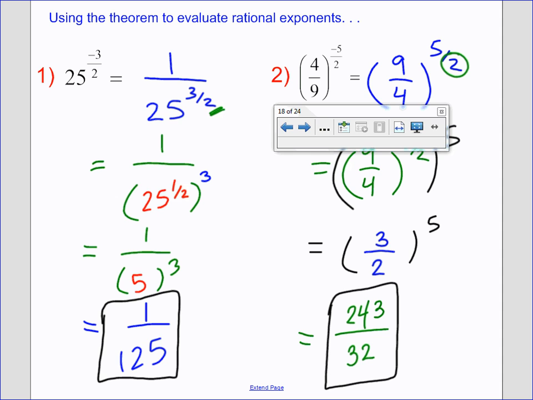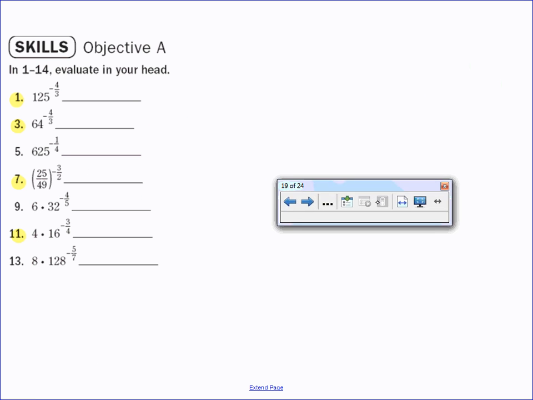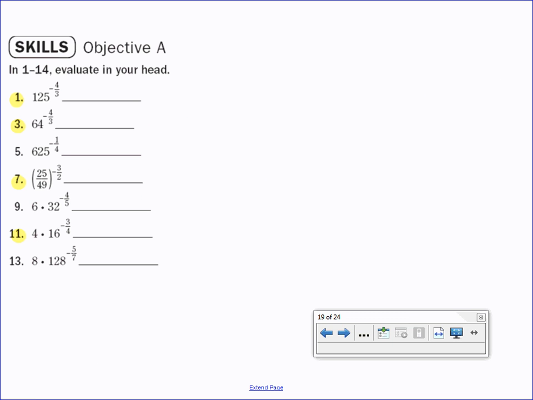Way to go. All right, let's go ahead and do some evaluating in our head. That means no calculator, but we can use our half sheet. So here we go. Number 1, 125 to the negative 4/3. Let's try it. That's the same as 1 over 125 to the positive 4/3. So we flip the base and rewrite with the positive exponent. That's the same as 1 over 125 to the 1/3, and then raised to the numerator exponent, the 4th power